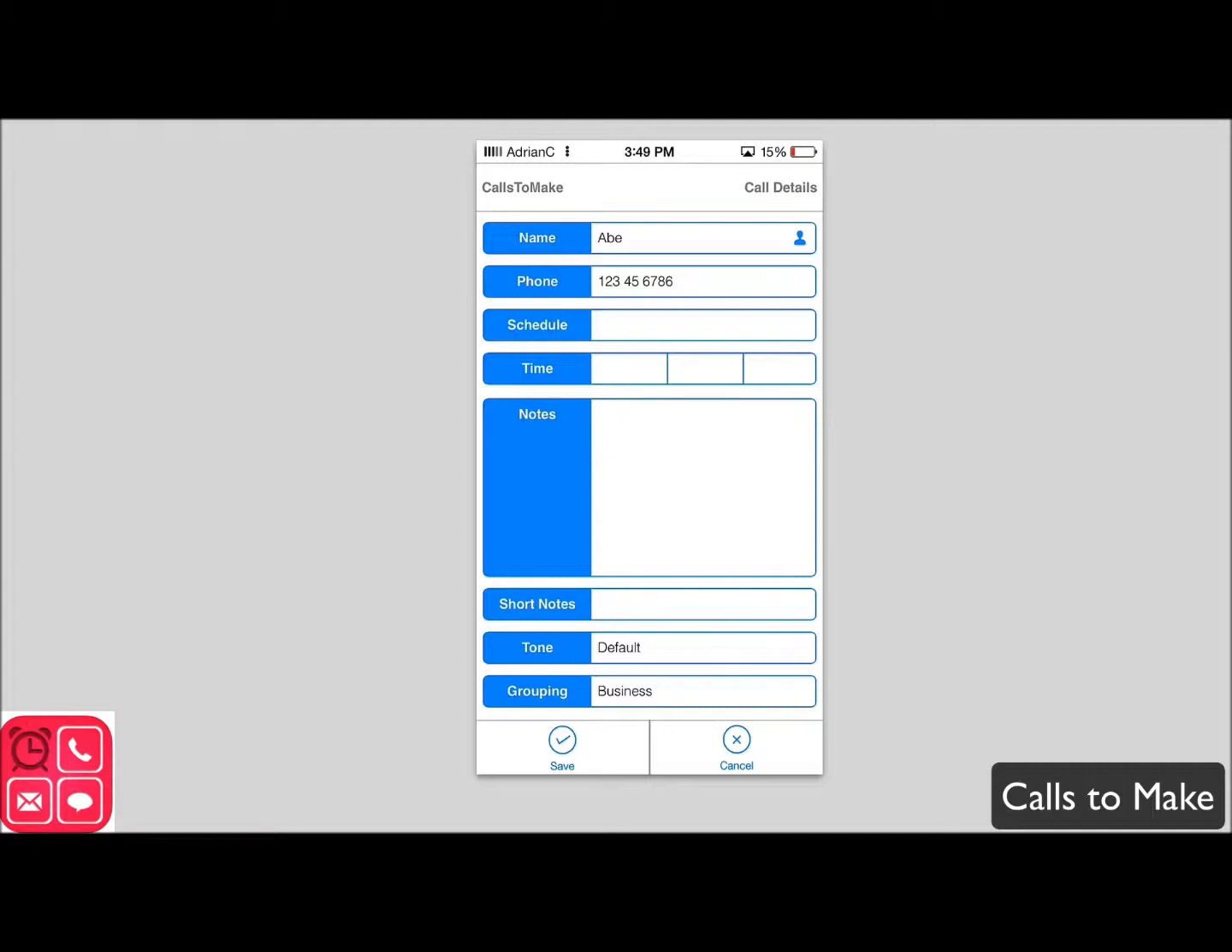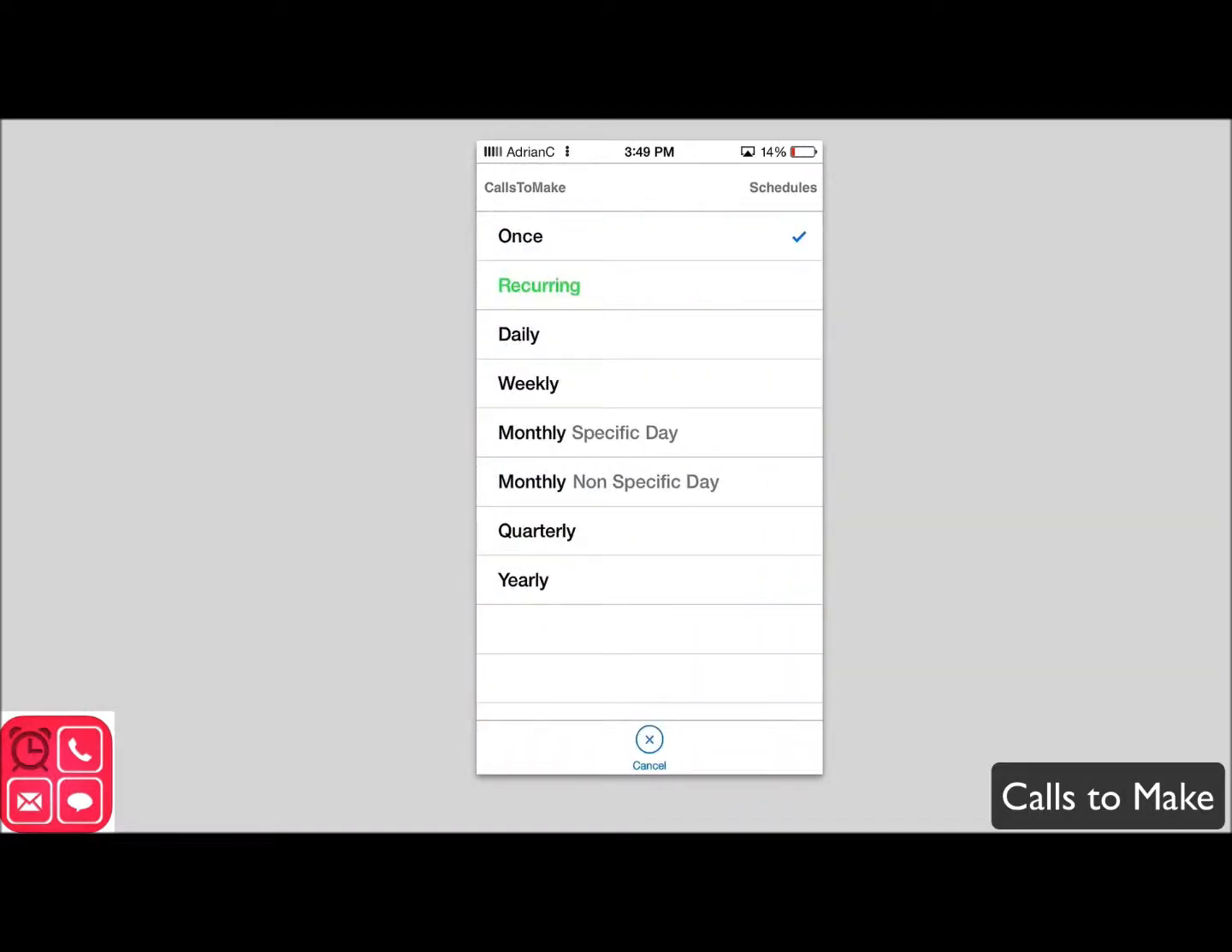And if the contact has two numbers, Calls to Make will pick up both of those phone numbers and display them here. You can tap on which number to use, and if you're thinking of sending an email later, the email entry of your contact will automatically be used as the default email address in the app later on. From here, you can then tap on the schedule button,